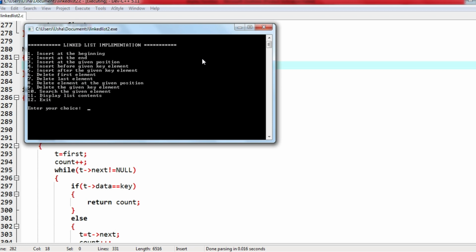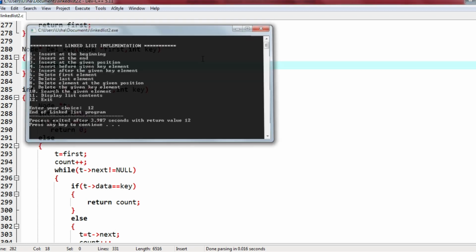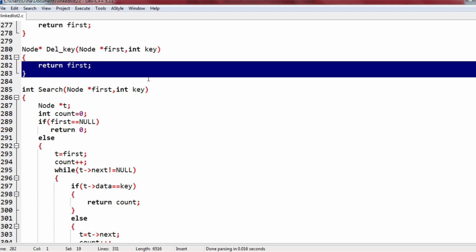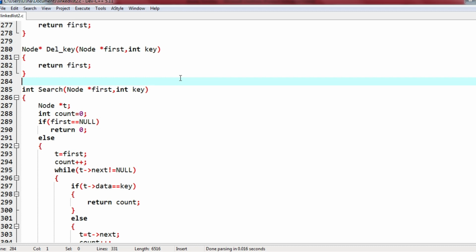Okay, hope you understood. Stubs are created for just giving a temporary replacement for a function so that you can test your other functions. Since we have like 11 functions here, we can't write the function definitions for all 11 at a time. Rectifying or identifying errors becomes very messy and very difficult. So what we do is we create temporary function definitions.